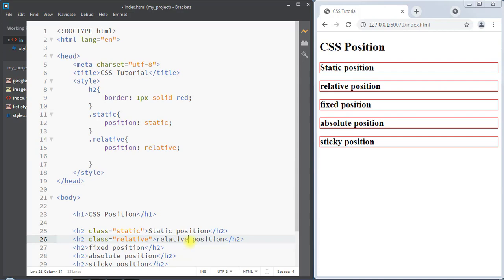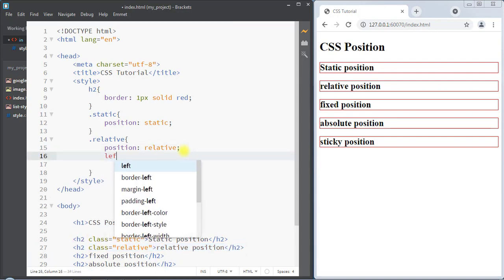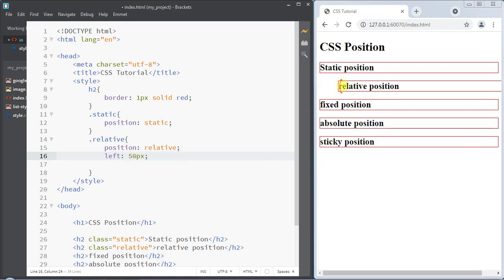Now we can use the top, bottom, right and left properties to position the element relative to its normal position. For example, we can use left 50 pixels, and you can see the element is shifted 50 pixels to the right from the left of its normal position.